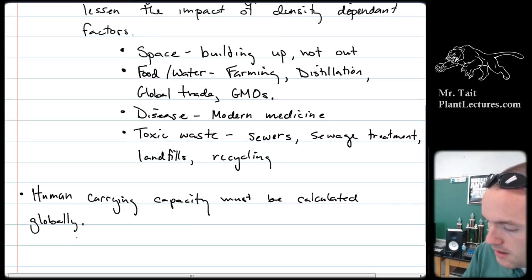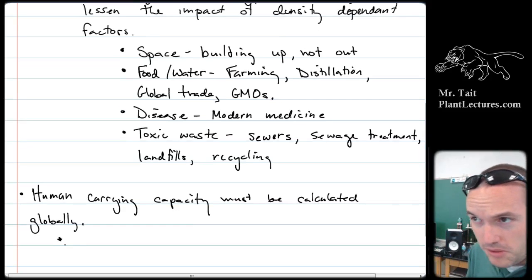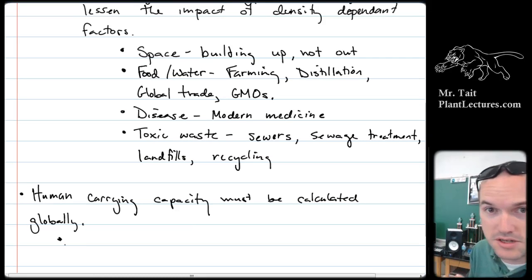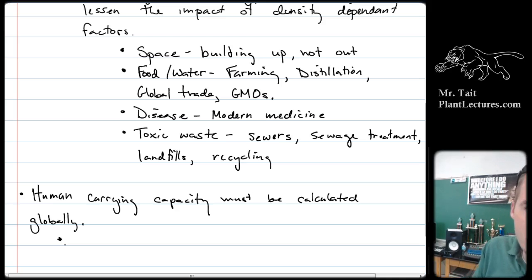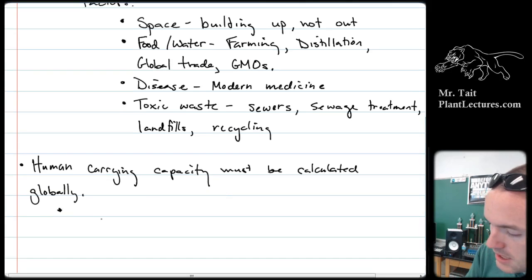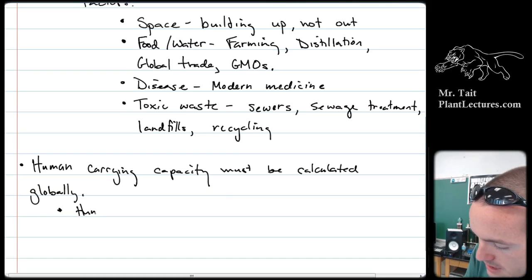And I'll just throw this out there so we can all keep it in the back of our heads. We don't really understand it very well. We don't understand how it works. We don't understand if we're going to reach a point, like, we're at 7 billion now, but maybe when we reach 8 billion, there's going to be some catastrophic event that knocks us back down to 3. Who knows, right? We can't foresee that. Okay, we'll say that human carrying capacity is not well understood.